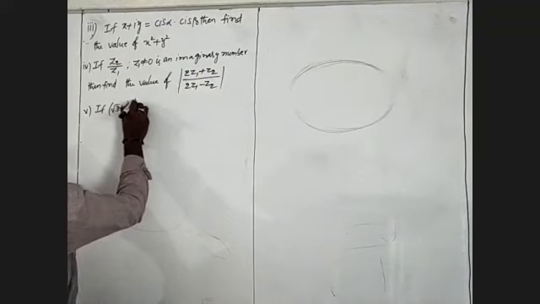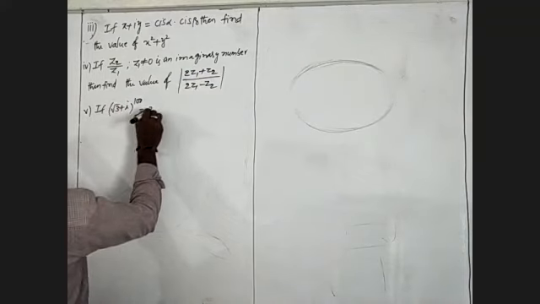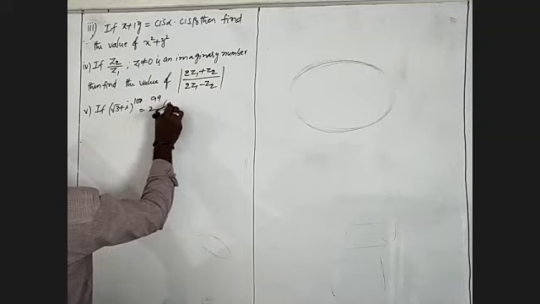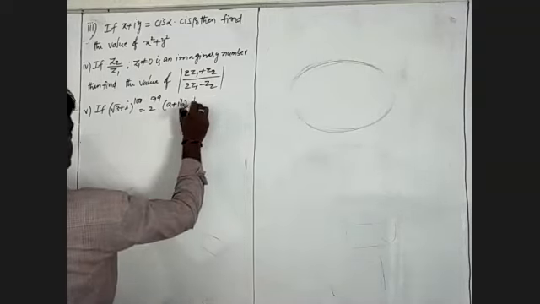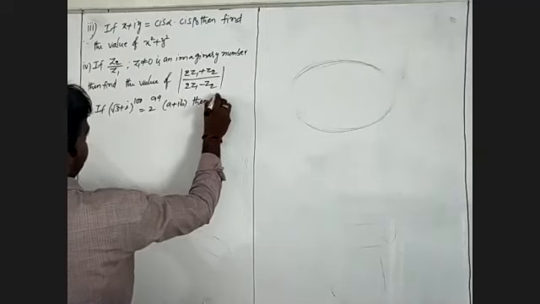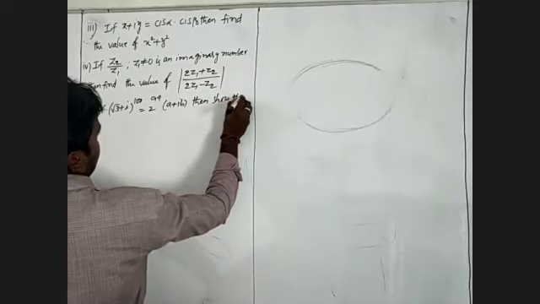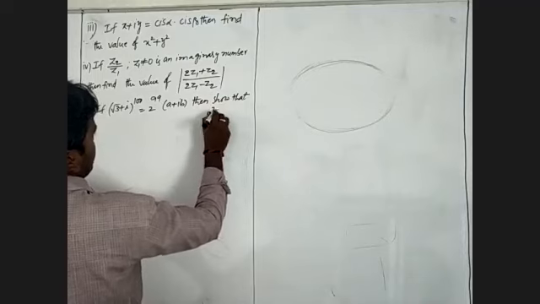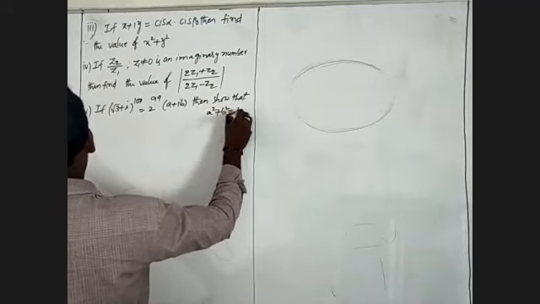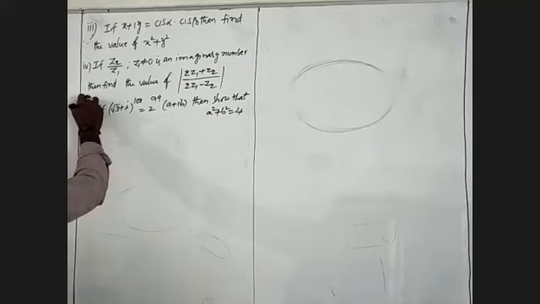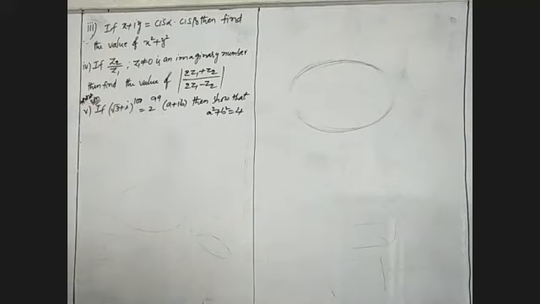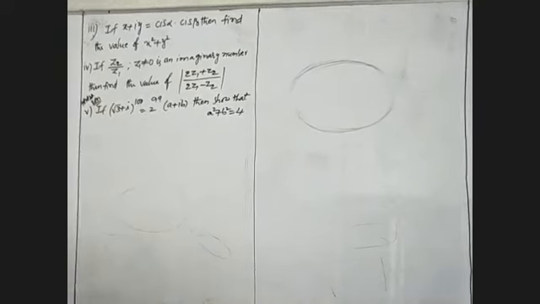After that, the fifth one is: if root 3 plus i whole power 100 is nothing but 2 power 99 into a plus ib, then show that a square plus b square will become 4. The fifth one is most important for 2 marks. Many times it is asked in public examinations, from the important point of view.